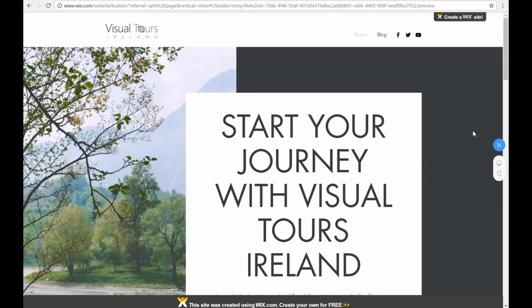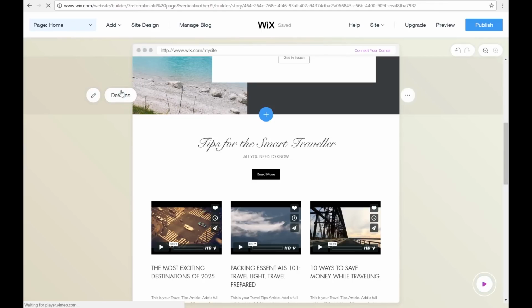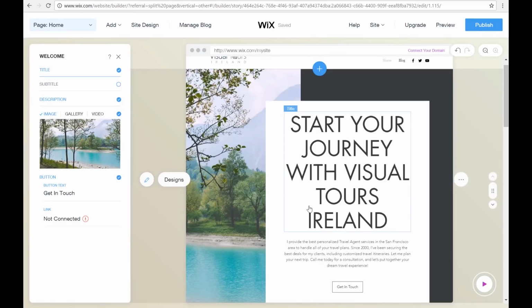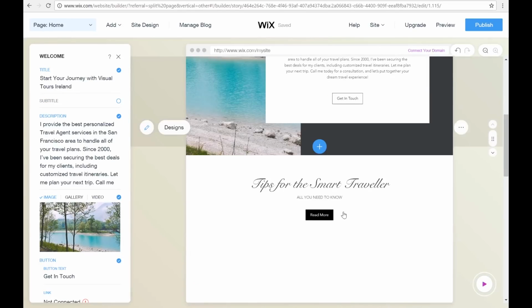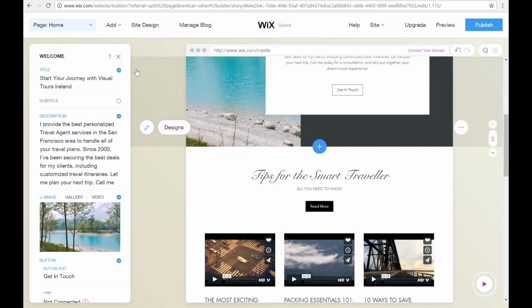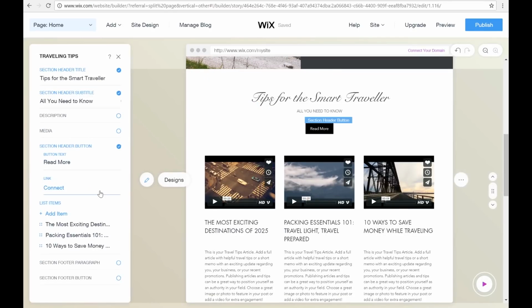Let's go back to the desktop view, click out of the preview mode and back into the editor. You can just edit your website in the same way that you would do it in the Wix editor. Just click on each section. It's slightly different. Your information will come up on the left side of your screen on a bar. So if I click on this video, the information that I need will come up on this side, and you can just read through it.